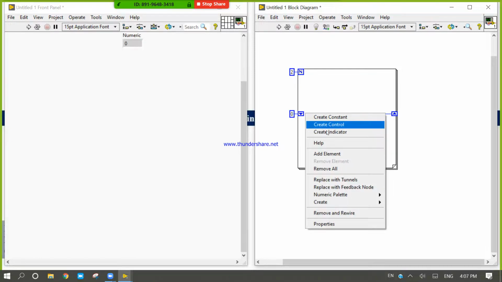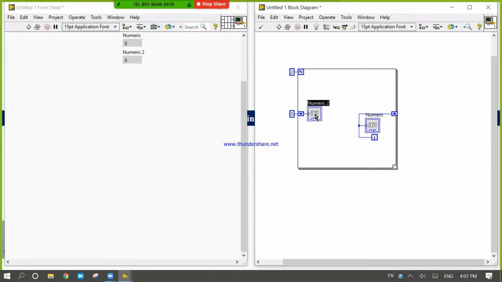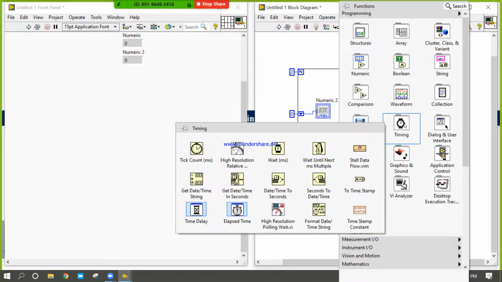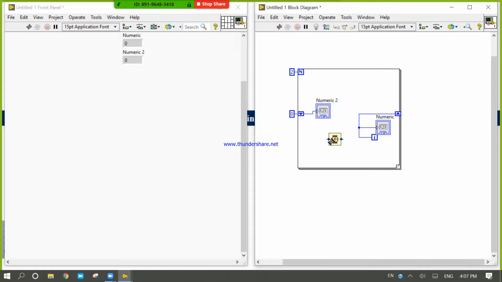For slow processing, I am giving it a time delay of 1 millisecond for better understanding. When it will iterate, okay, let's see.